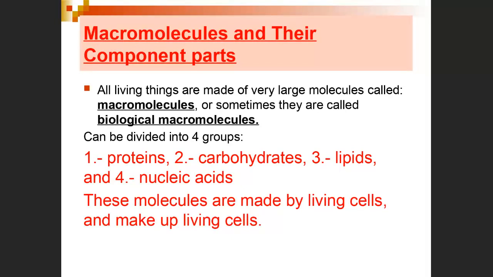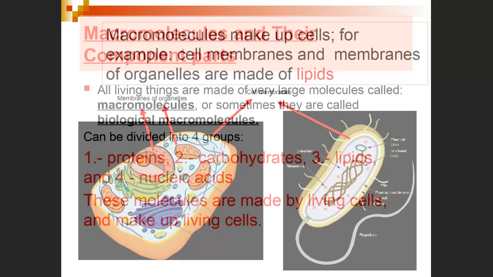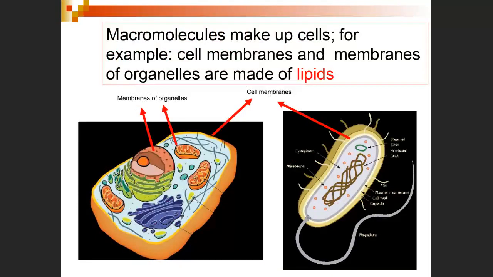So the chapter focuses on something that you should already know from Biology 1406, the 4 basic macromolecules: proteins, carbohydrates, lipids, and nucleic acids. However, we're going to look at them from the lens of microbiology. So keep that in mind. These are the molecules that make up living things. And the idea about these molecules is 2 things. First of all, living things are made of these molecules. Number 2, these molecules are made by living things.